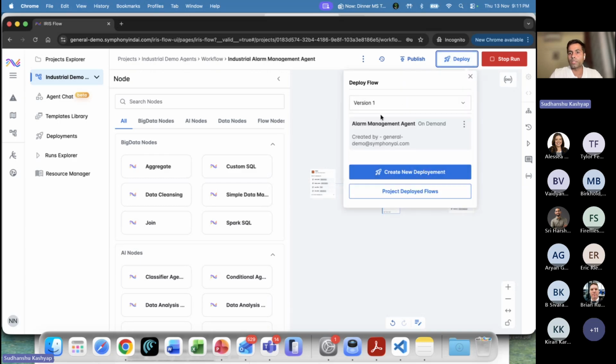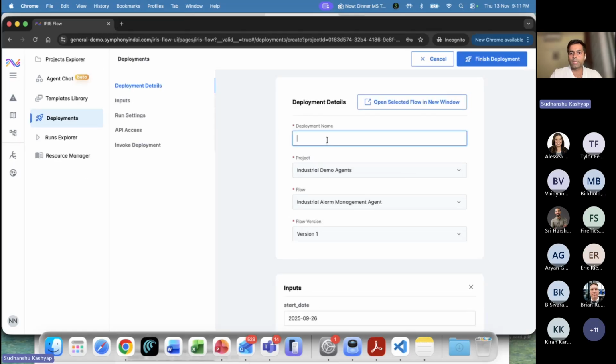And then I just have to create a version. Also, we do have version control, so we can have multiple versions of it. I can create one more version by going here, and then I can create a new deployment. And it's as simple as that. You can just go and give a name, like this is alarm management